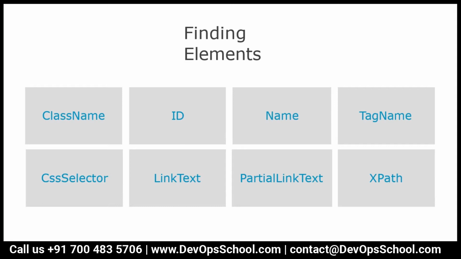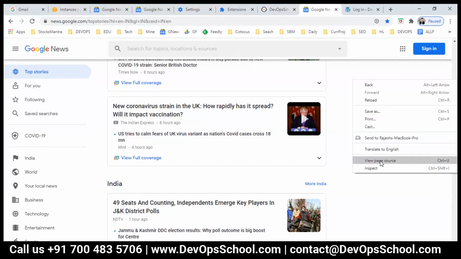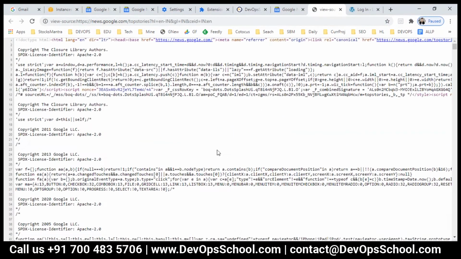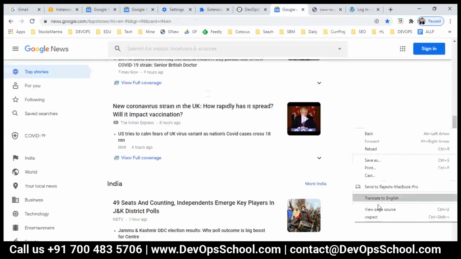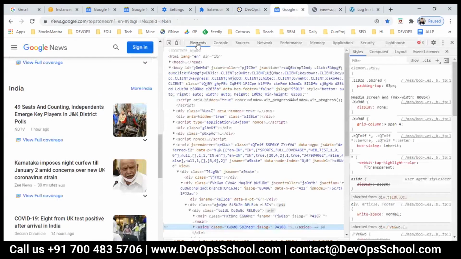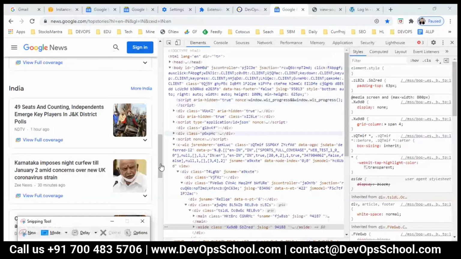Element of what? Element in the source code of the pages. So let's say this is the page, and here is all this source code, whatever we have. So different elements we have here. How do I see them? You inspect that, and you'll see all the elements here, in the Elements tab.